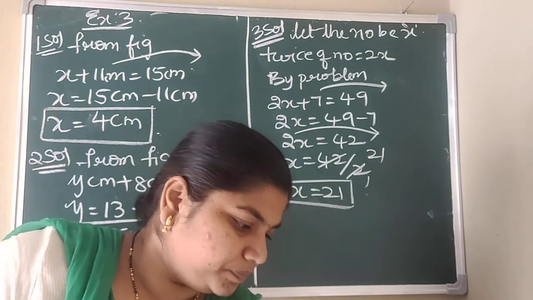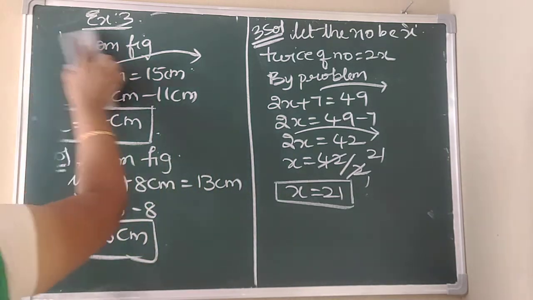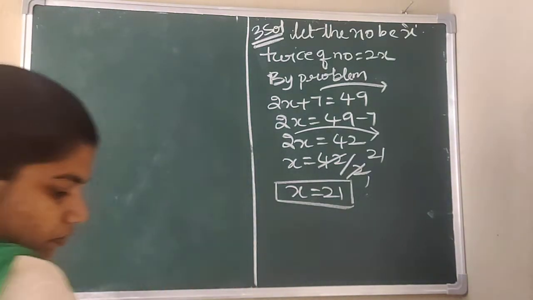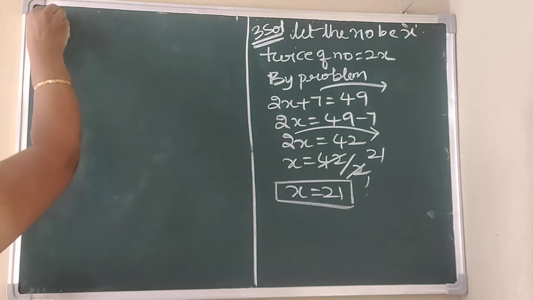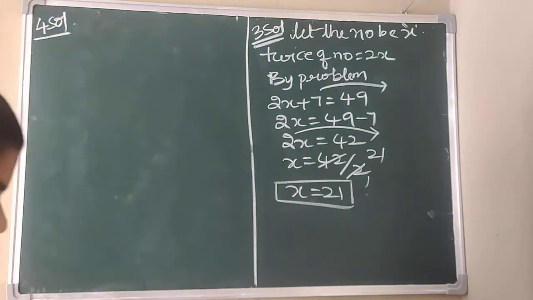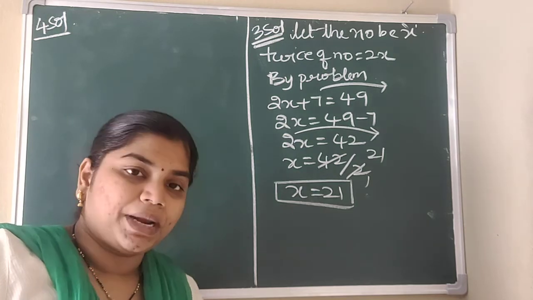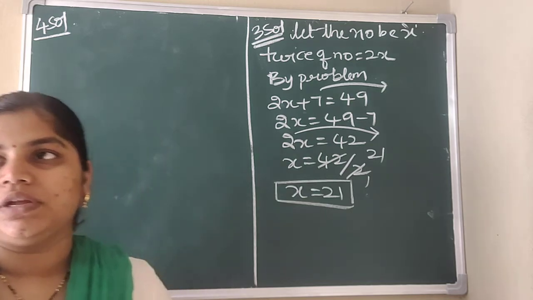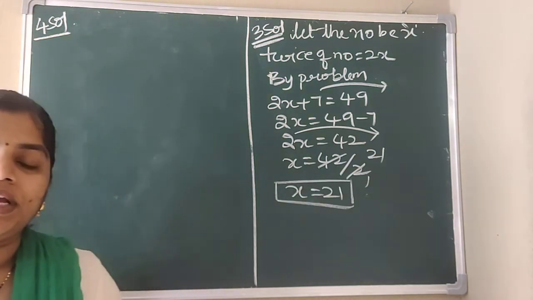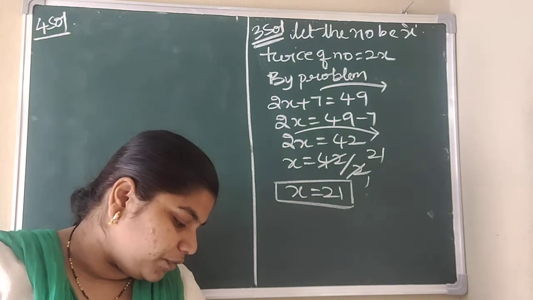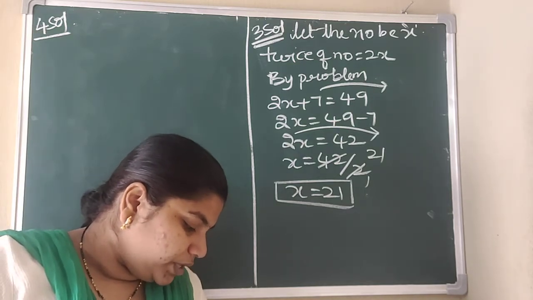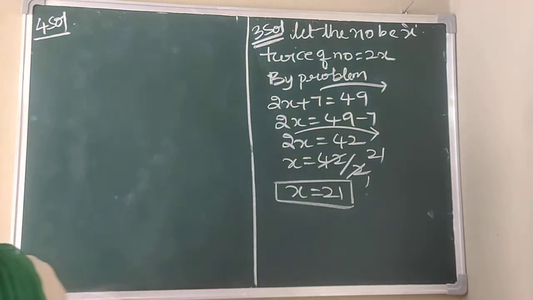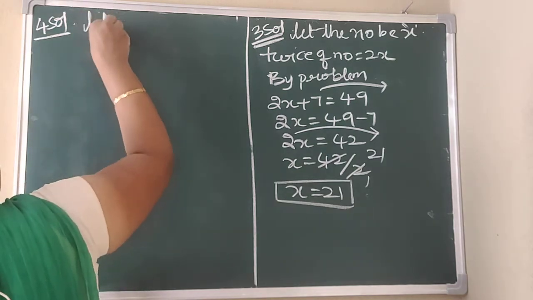Next, fourth one. So what is the fourth one? Now we are subtracting. If we subtract 22 from 3 times of a number, 3 times of a number is 3 into the number. Okay, so what is that number? We don't know, so we will take it in the form of x. If we subtract 22 from 3 times of a number, we get 68. So the result will be 68. So what is that number we have to find? So let the number be x.